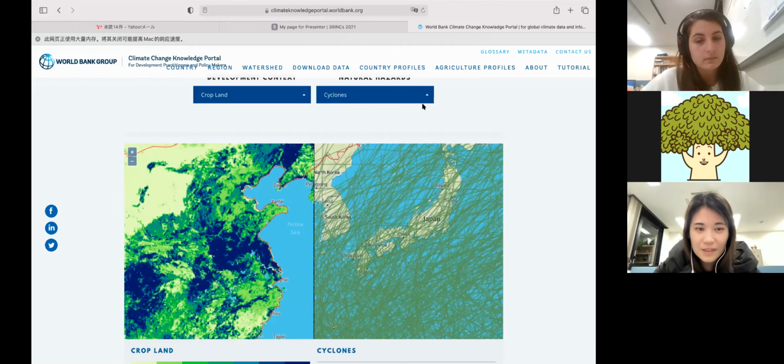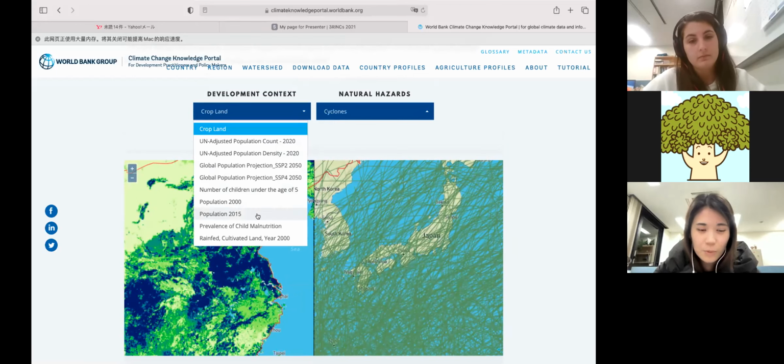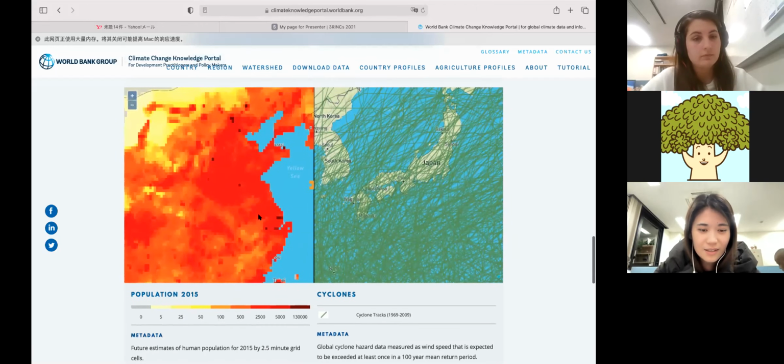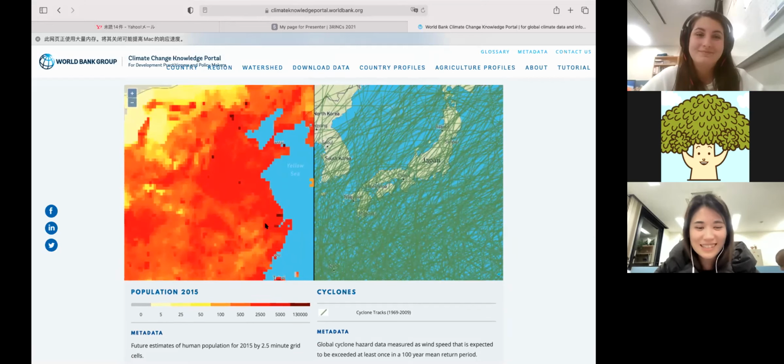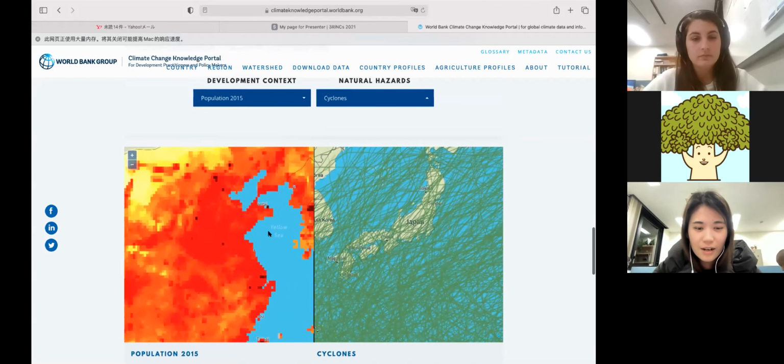show the population density on the left side. Okay, got it. Can I choose the population 2015? Yes, please. Okay, almost right. Yes, the Chinese population, especially in my hometown, is very dense, so high. So then I will choose, because my hometown is near the seaside,